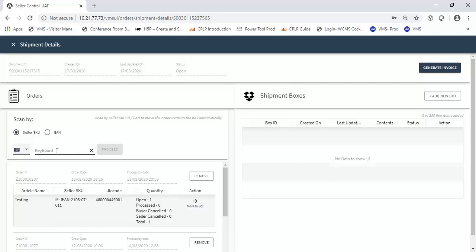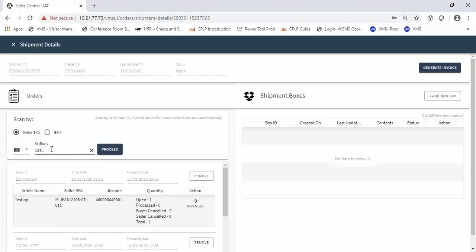Now, as you can see, nothing is entered here, so the proceed button is not enabled. If you enter the SKU, the proceed button gets enabled, and if you click on this, it moves the product directly to the box.